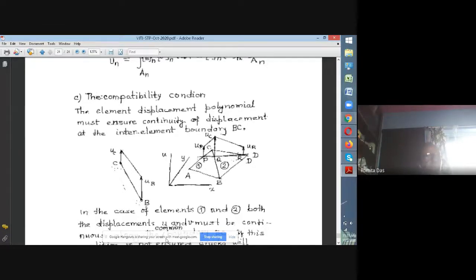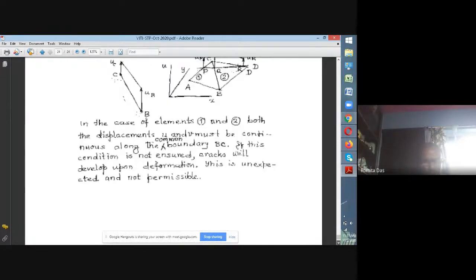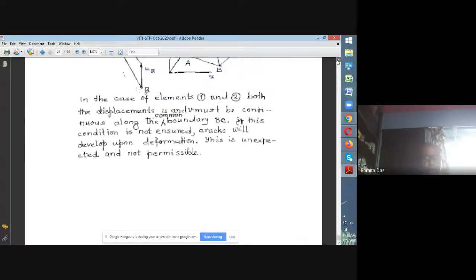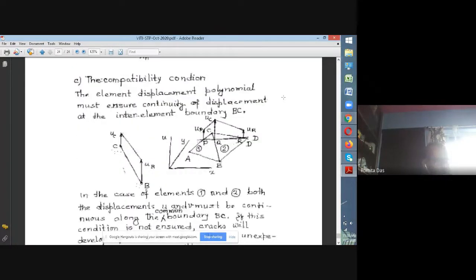You must ensure compatibility. Otherwise, if you take the left element quadratic and the right element linear, there will be incompatibility, and you will introduce a crack in the body in the finite element discretization, and therefore it's not going to converge to the exact solution. So this is what the compatibility condition is. Once you ensure these compatibility conditions in defining the elements and discretization, you are guaranteed that your results will converge to the exact solutions.